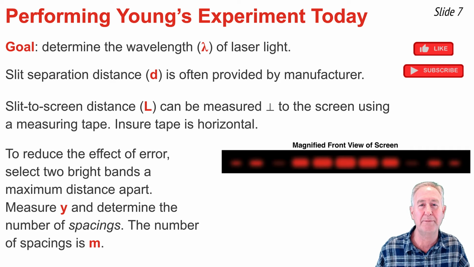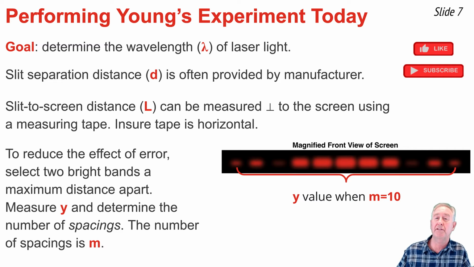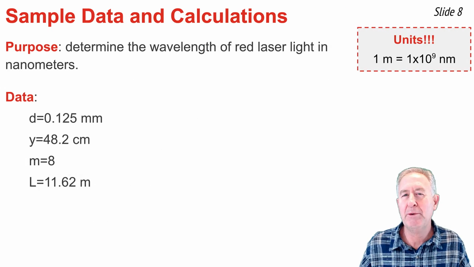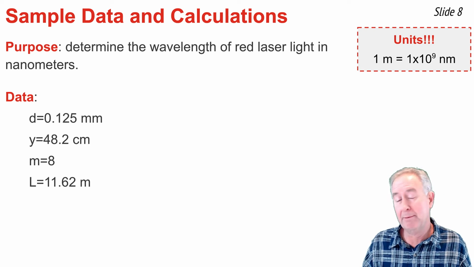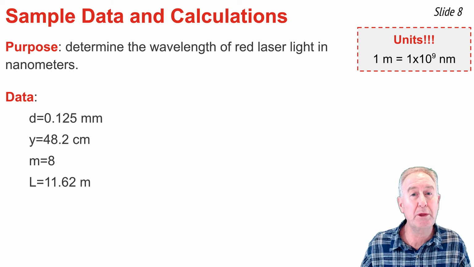picked to measure from. For instance, if you pick the fifth antinodal line or fifth maximum on one side of the pattern and the fifth maximum on the other side of the pattern, the number of spacings between those two bands is 10. Now that we've collected our data, it's time to accomplish the purpose, to determine the wavelength of